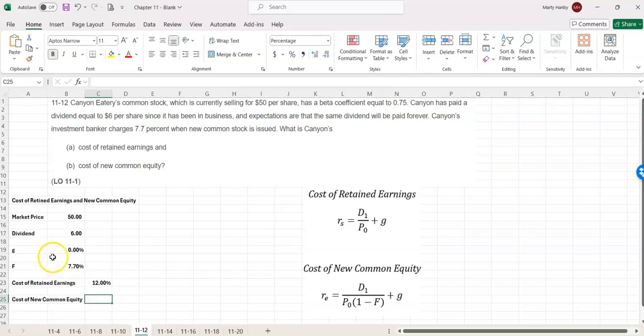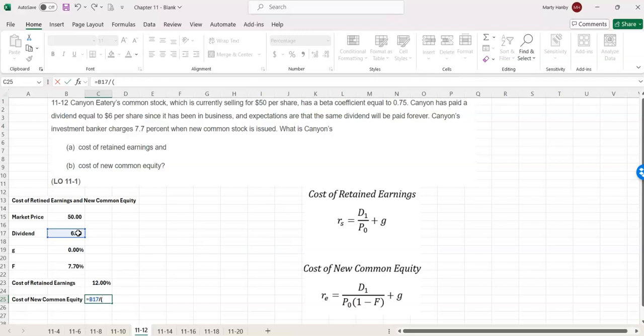So now for the cost of new common equity, we just have to include multiplying the price by 1 minus F. That gives us the net proceeds when we're issuing new stock, because all the rest is going to the investment banker. So 50. Oops. The $6 dividend divided by, and we'll need a couple